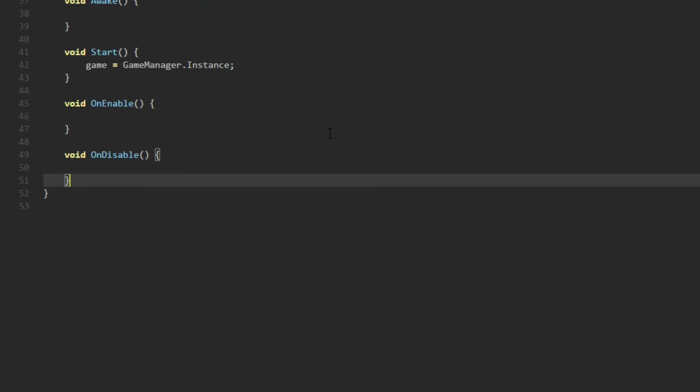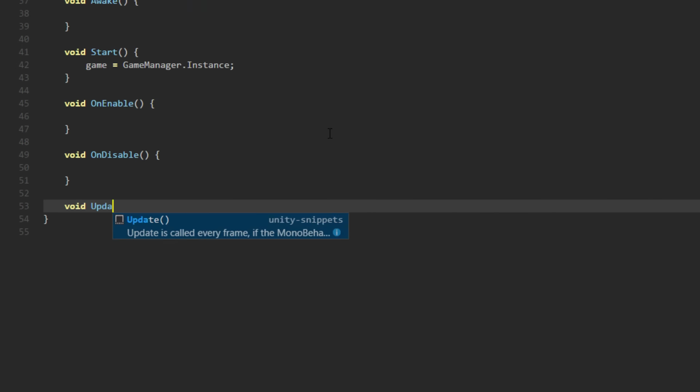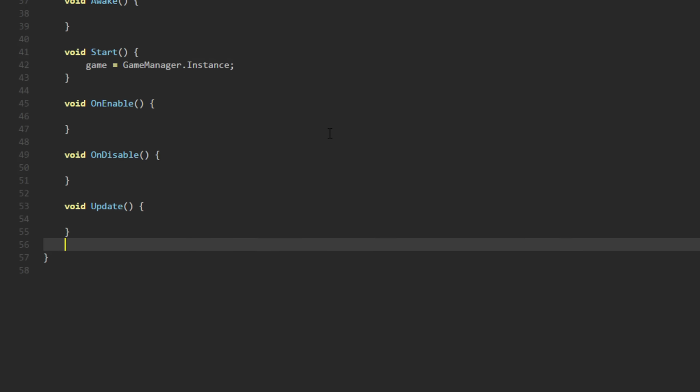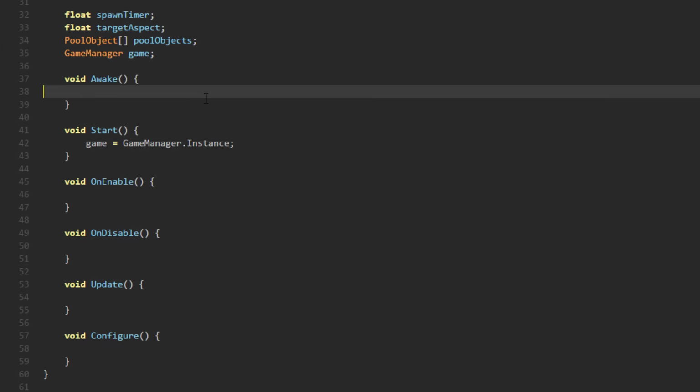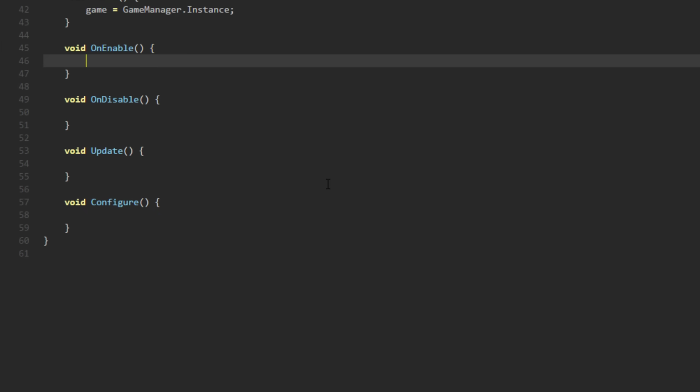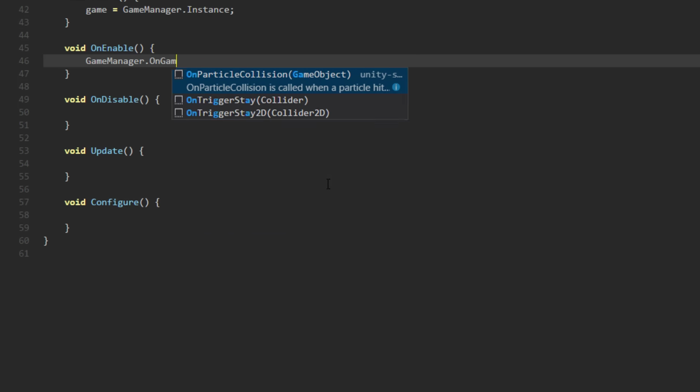We'll have, of course, an update method for shifting, and then some other methods down here. So we'll have a configuration method that'll actually be called in awake. It'll also be called here. Let's go ahead and subscribe to the game manager really quickly. It's only one event, so game manager dot on game over confirmed